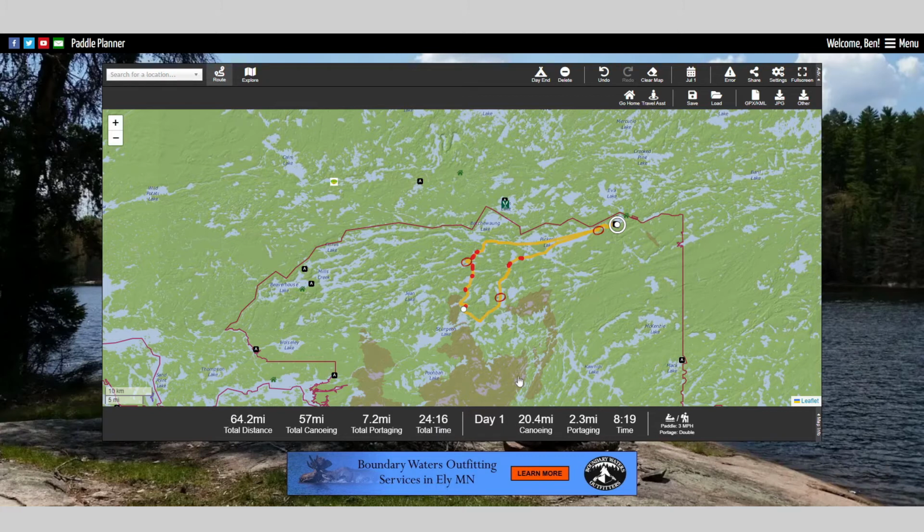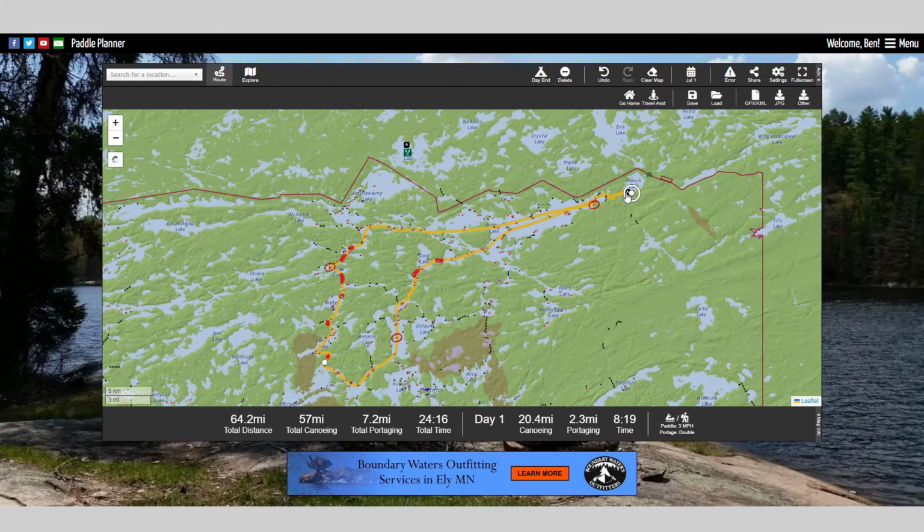Why is it showing day 1? The first point here is selected. So the first point in my route is the one that is selected. And that first point is during my first day. If I click on the second day, or this is still the first day, and whichever point I select, that's